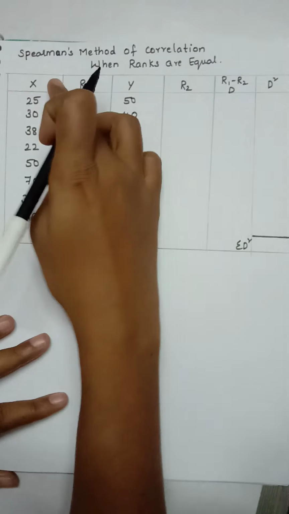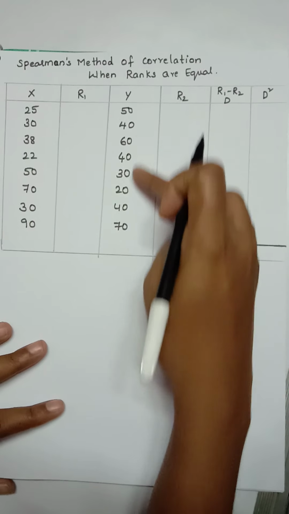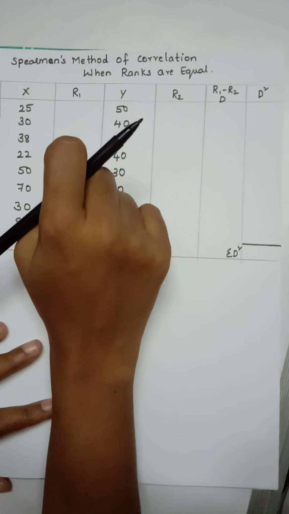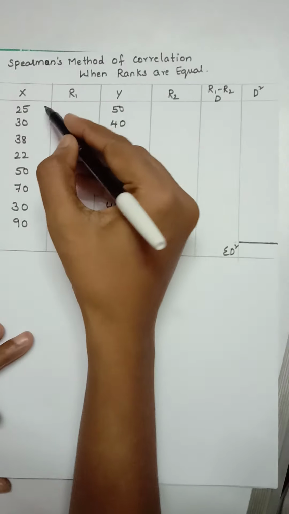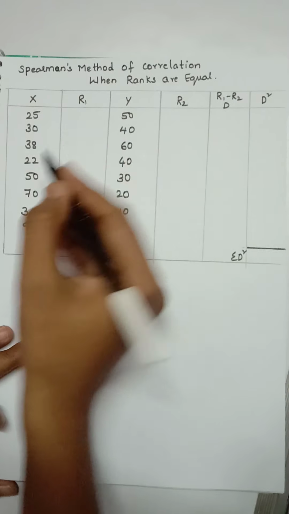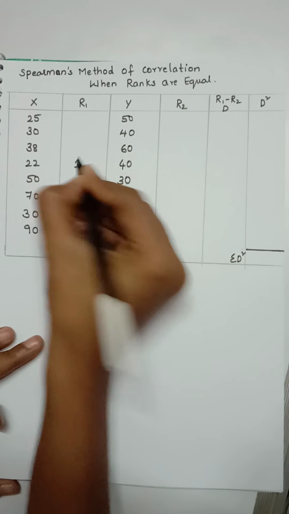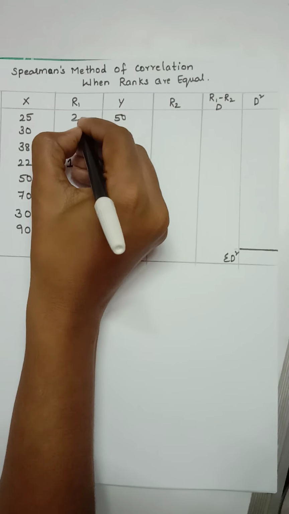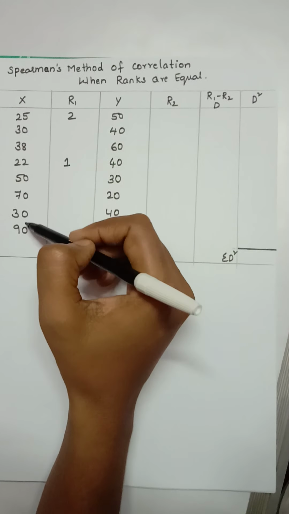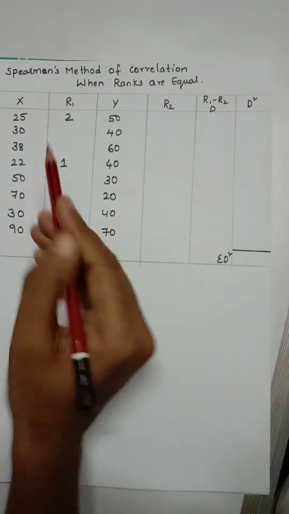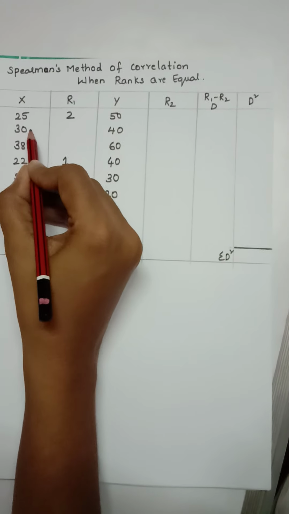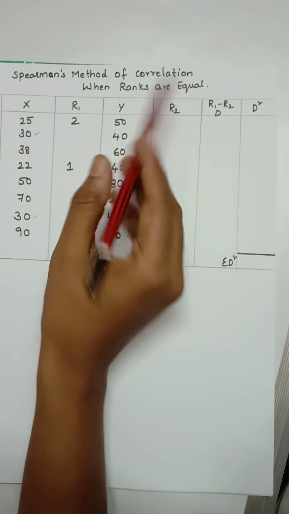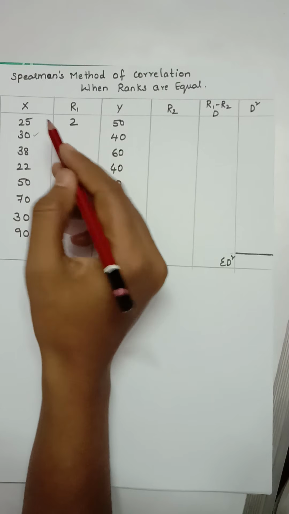So coming to the first one, x variables have been given here and y variables have been given. So rank 1 and rank 2 we need to take out in ascending order. Here the least number in this x variable is the first one, 22. Second one is 25. Third one is 31 here. So two 30s are repeating here. That's what we mean by ranks being equal. So how you are going to rank is important here.